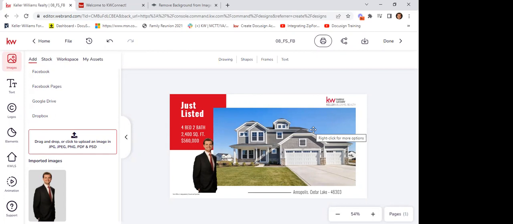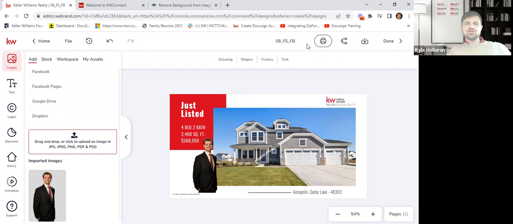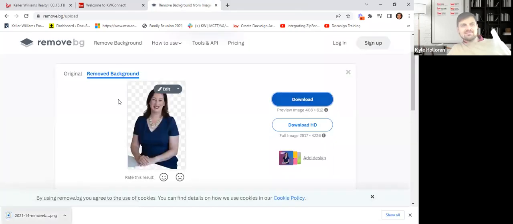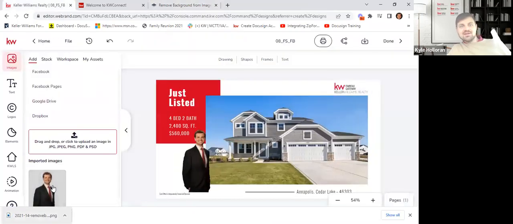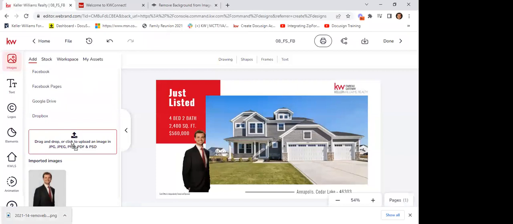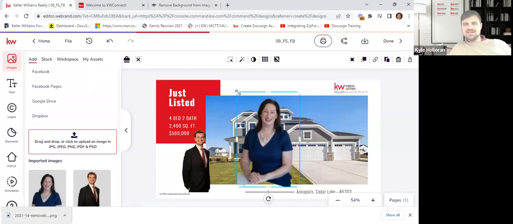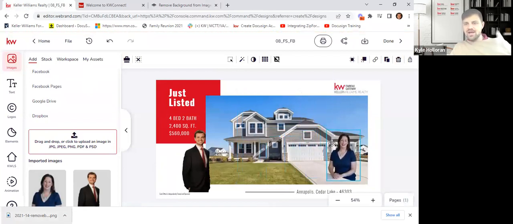So to get that PNG again, we got to go to that special website that you were talking about, right? And there's lots of websites. Canva has a tool actually where you can upload a photo and it will remove the background. I just stumbled across this a couple years ago, right? Remove.bg. Remember, I uploaded that picture of Katie, so there it is now, and you can see the checkerboard behind it, saying that's a PNG. So now I can click download, right? It'll download it to my computer right here. I go right back to my editing software and watch this. I can drag it up from my screen into Designs, drop it, and now there's Katie, right? And so now I could add Katie into this photo, right? Maybe if we were co-listing it together or we were holding an open house together, right? Now Katie's going to go hang out on this side of the graphic.